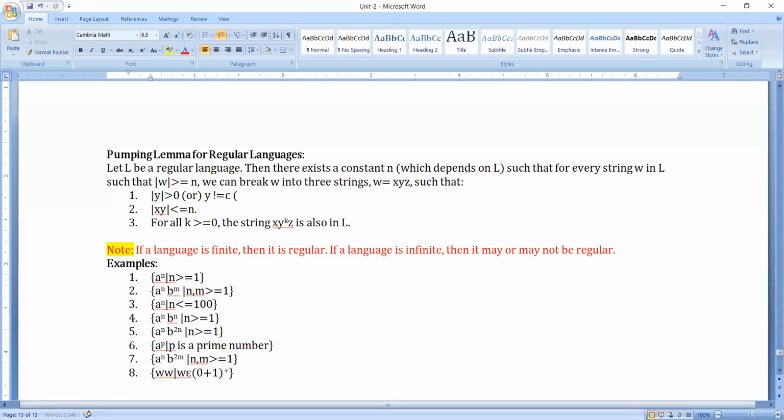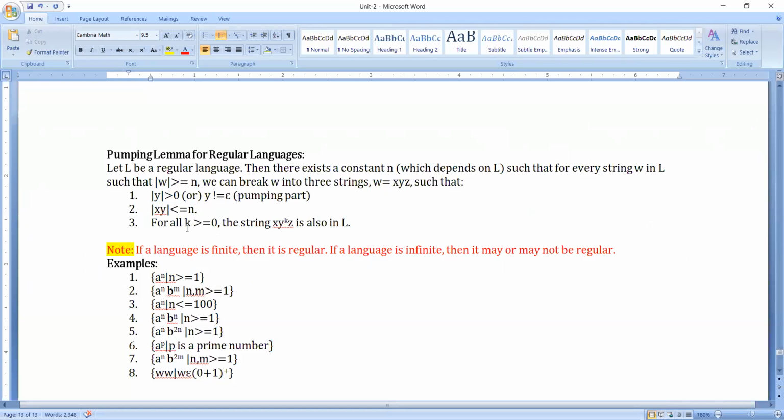This is what we call the pumping part of our regular language, so it should not be 0. Then the length of xy should always be less than or equal to n.